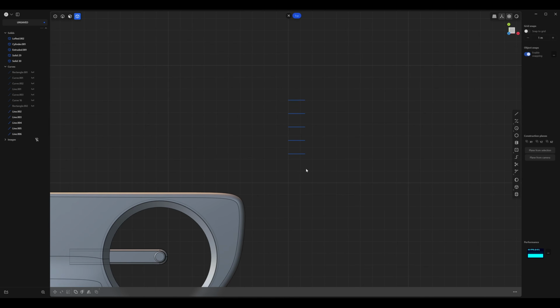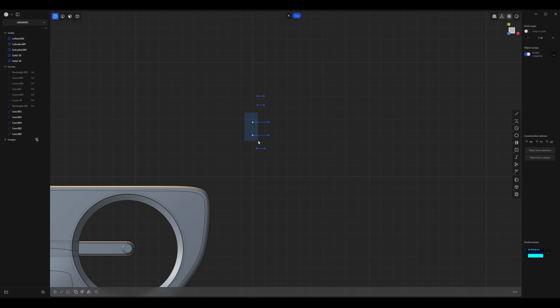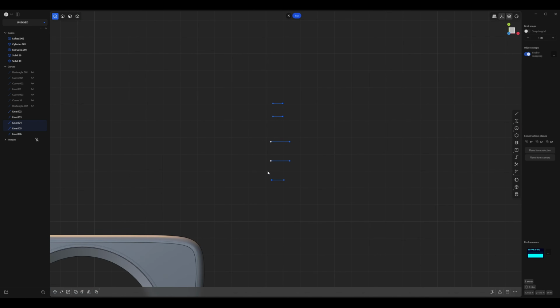Right click to accept. And now we're going to shape them and space them out so that we can create the actual shape of our blade. So press 1 and let's shrink these down a little bit. And maybe push them a little bit closer. And then we're going to shrink this one down. And then grab these 2 points here and just flatten them. So you can kind of see that one side is going to be straighter and the other one's going to have this kind of curved region.